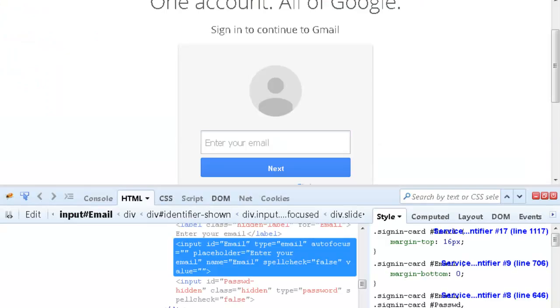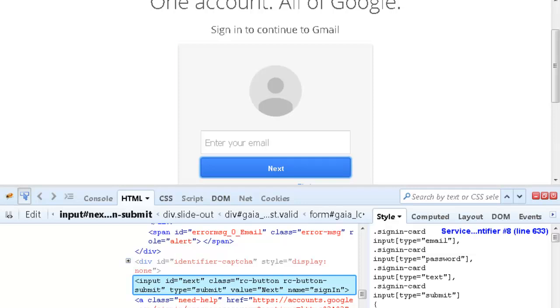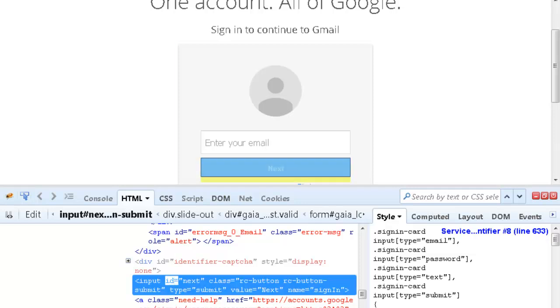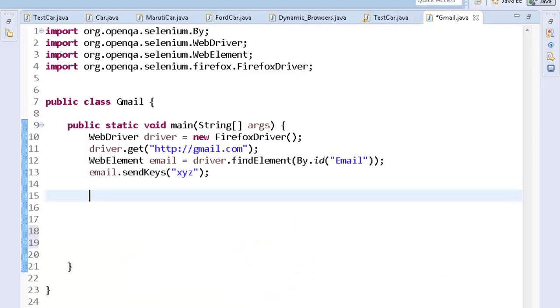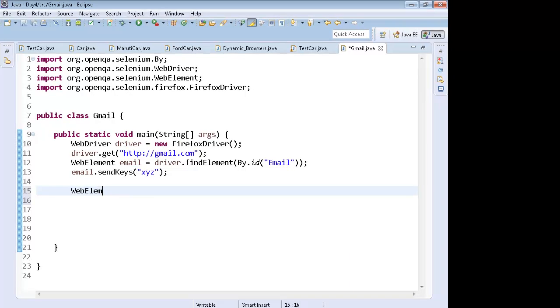Now, for example, if you want to click on this next button, if you investigate this next button, you are very lucky over here, you are getting the ID as well as the name. If an element has got a name as well as an ID, it is really easy to identify that element. So if you write over here web element, say button